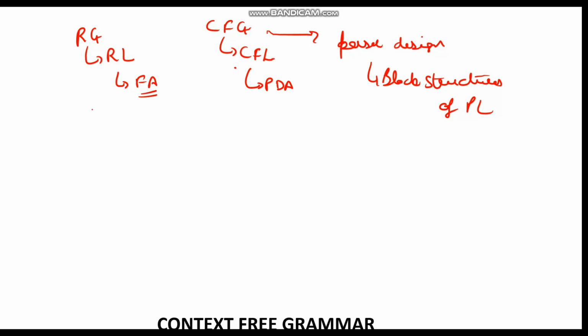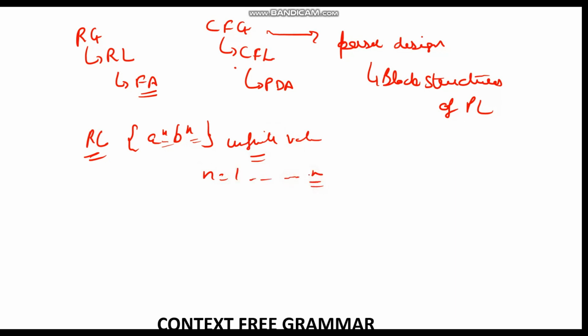So let's understand the definition of context-free grammar. Before understanding the definition of context-free grammar, let's understand what was there in regular grammar. Suppose we are talking of a regular language, in which we have a language like a raised to power n and b raised to power n. What does it mean over here? So a raised to power n, b raised to power n, we are generating a string. If we say we are talking about infinite values, that is n starting from 1 up to infinity,